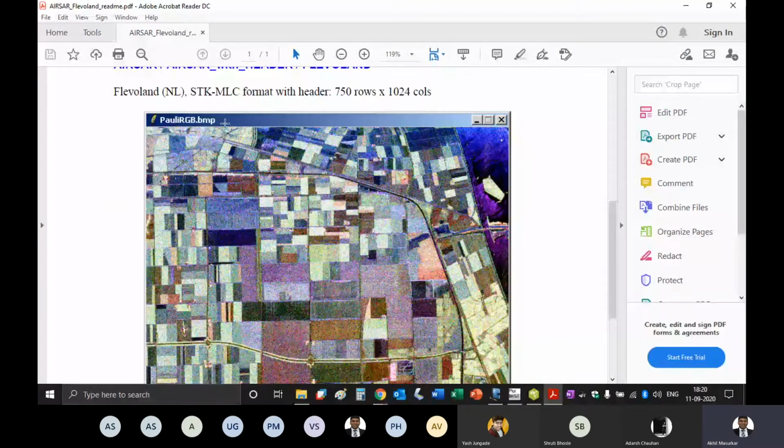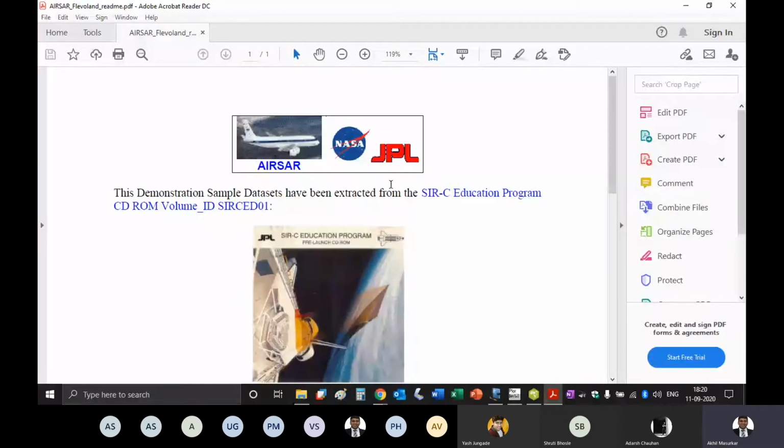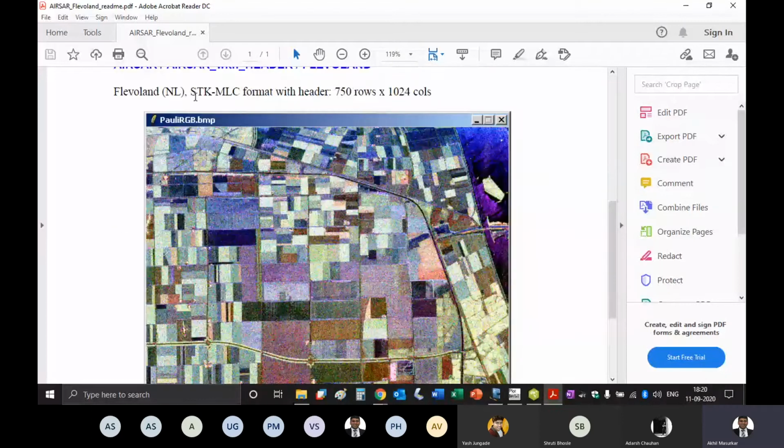So this is Flevoland data in STK-MLC format with 750 rows and 1024 columns. So there is information of rows and columns, and there is information of file format.